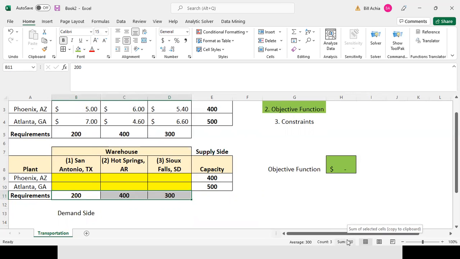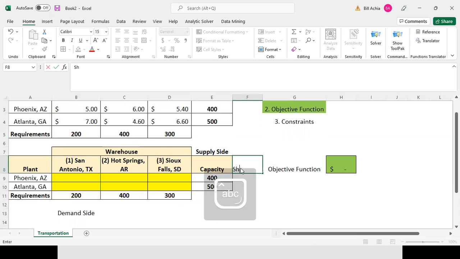So this is what we call a balance problem. The capacity from the plants exactly matches the supply and demand requirements for these three warehouses. Okay, I'll need that when I'll be solving this using Solver. But I need to add two additional equations here, which are very simple. My first supply side